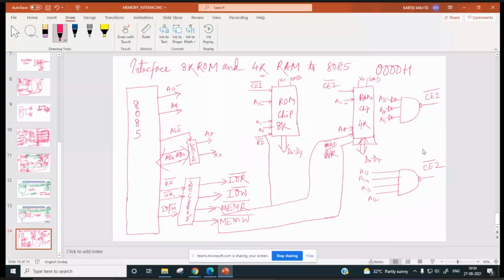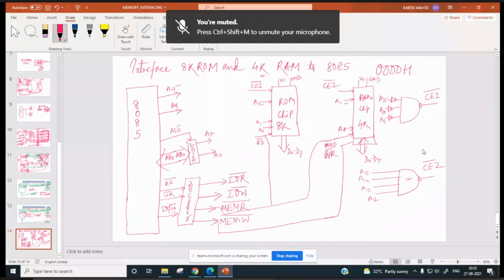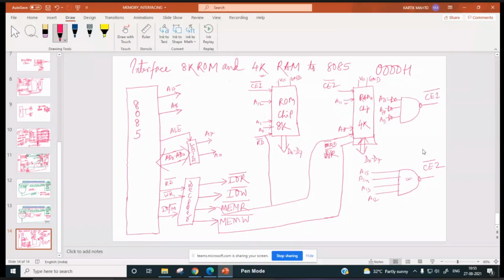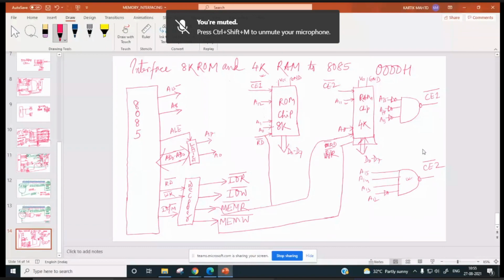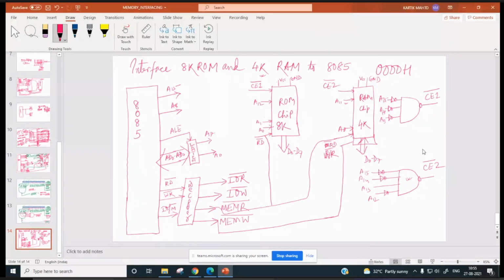So which of these address lines will be inverted and will go directly to this NAND gate? Sir, 13 will not be inverted, and all others will be inverted. Okay, 12, 14 and 15 will be inverted, but A13 is not going to be inverted.